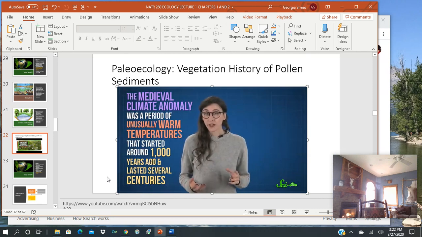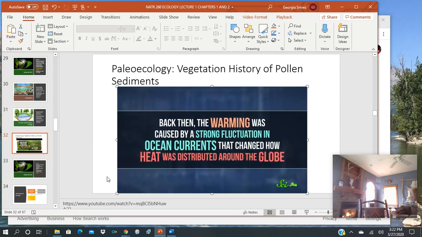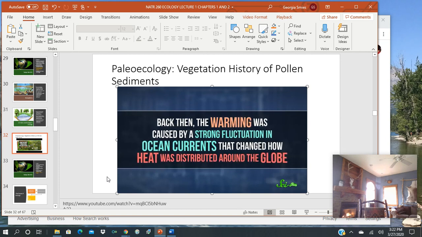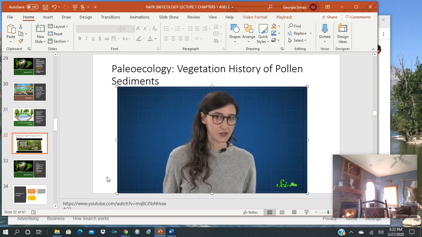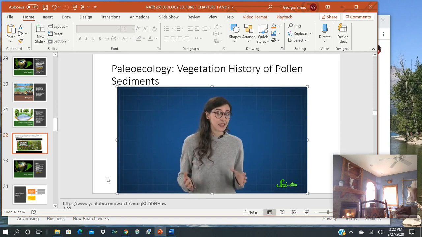This anomaly was a period of unusually warm temperatures that started around 1,000 years ago and lasted several centuries. Back then, the warming was caused by a strong fluctuation in ocean currents that changed how heat was distributed around the globe. This is very different from the changes going on today in the atmosphere. But the warming of the medieval climate anomaly is similar in scale to what we're going